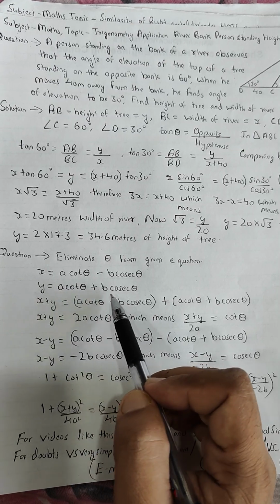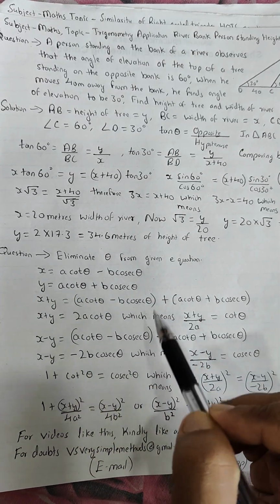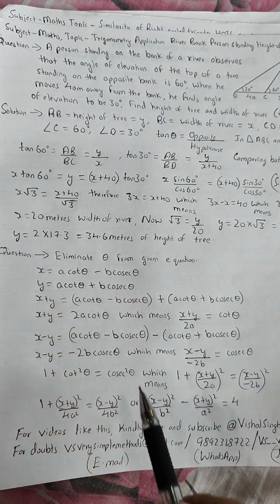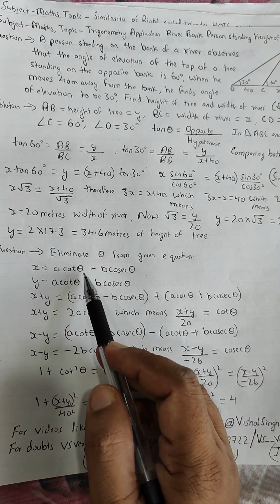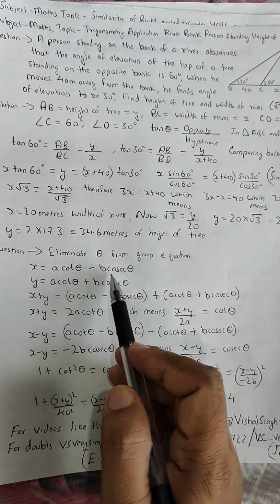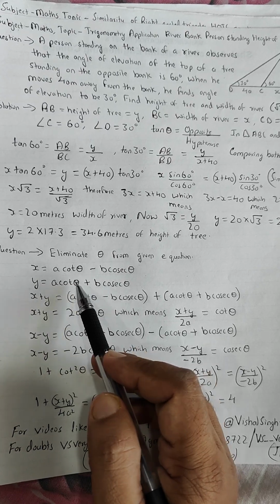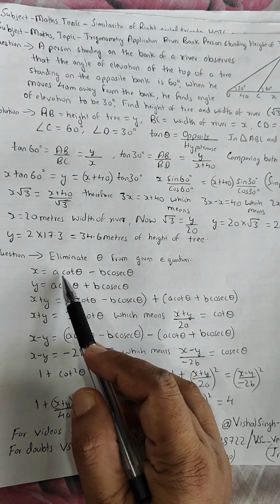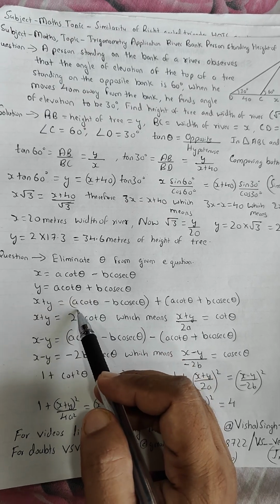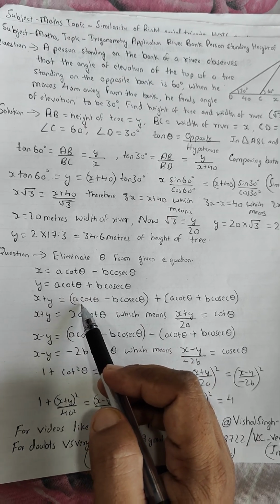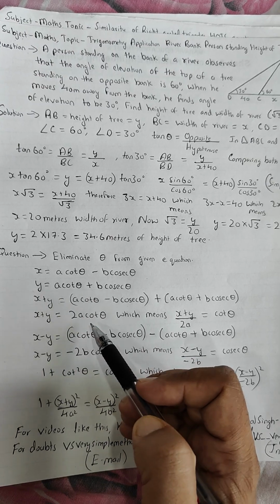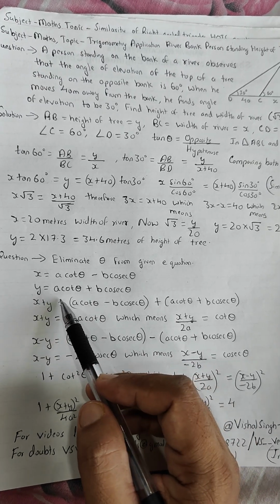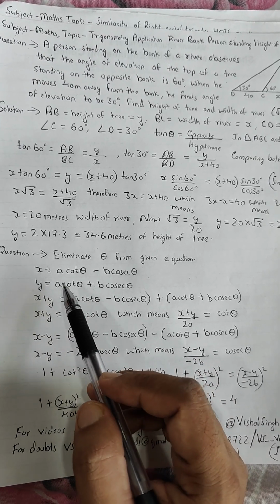Well, I tried this question in 2 or 3 different ways, but this is the best possible way which I got. Now how to manage this? Please do not directly square it, because अगर आप इसको directly square करके add करने के लिए सोचोगे, you will be stuck. This answer will go nowhere because there is a square and b square coming into the picture. Now in order to remove theta, after 2 or 3 tries I got this particular method to solve. Let's analyze how I have done this.